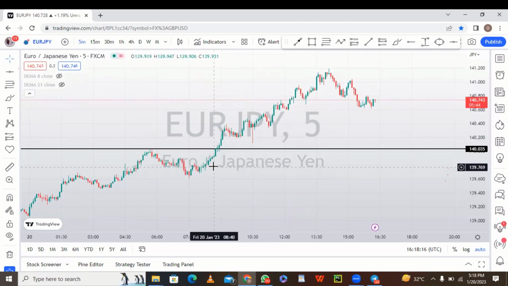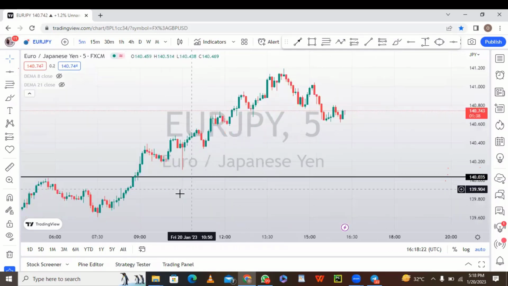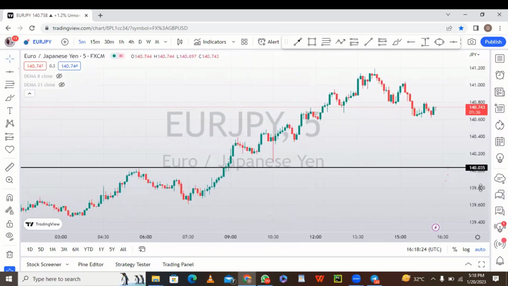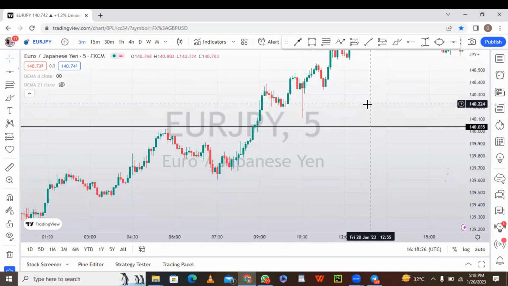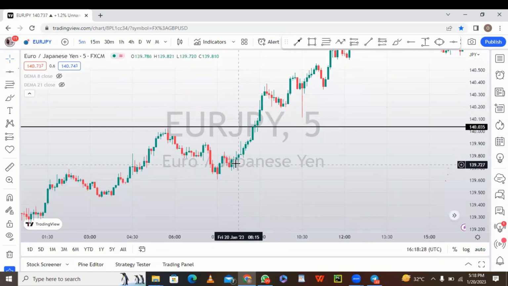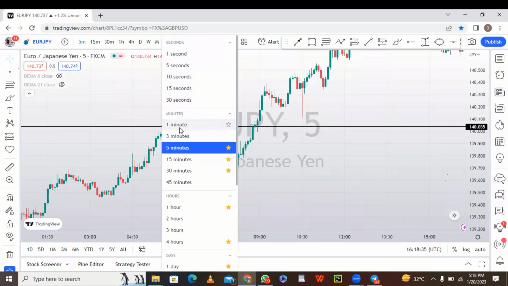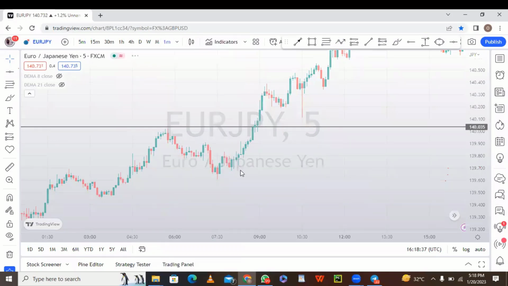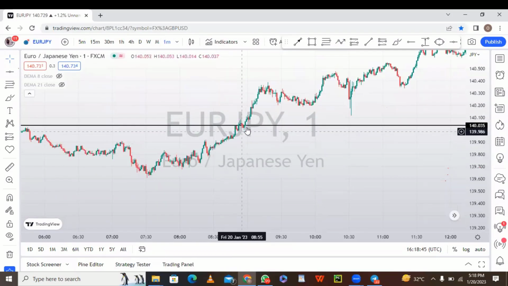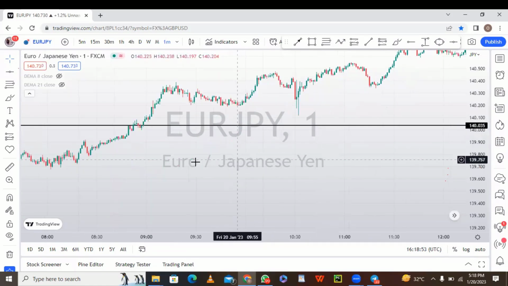If you look at this, after there is a rally, although if you observe this candle very well, it's not actually moving in momentum. You can see a whole lot of ranging. If I scale down to the 1 minute time frame or thereabout, you will see this choppy move. You can see the market kind of consolidating. The move is not actually that impulsive, okay, the move is not impulsive, so it's actually good.